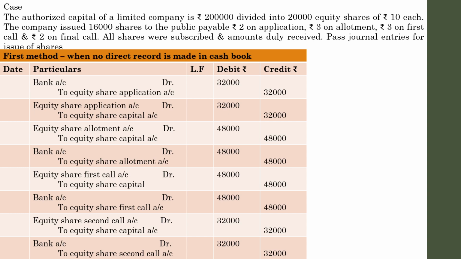So these are the journal entries. And previously we have learned more than 8 journal entries with regard to issue of shares and the collection of money. In those cases we have discussed almost all the scenarios. When a refund is made, what is the journal entry? We didn't discuss calls in arrears and calls in advance. We discussed only the refund and